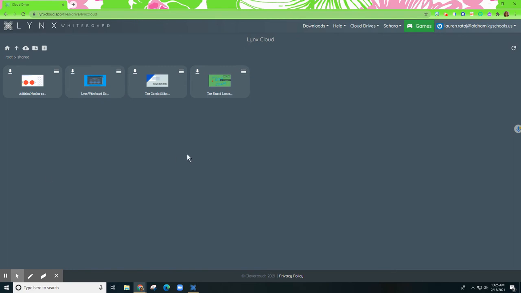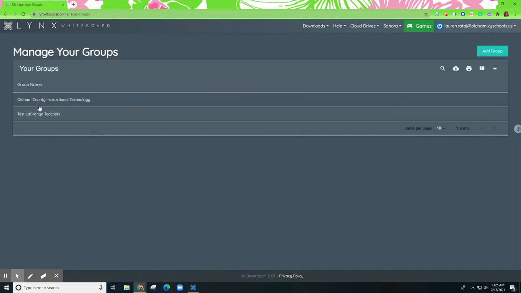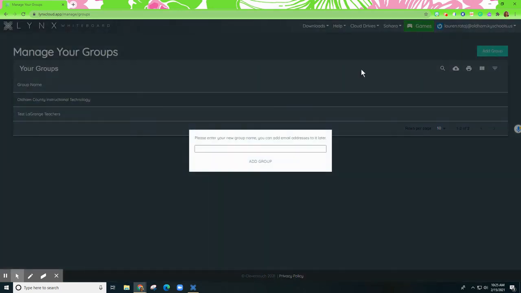The last thing I really want to quickly show you is that you can also set up groups for team sharing. You also have to be here within your Lynx Cloud file account. And then underneath the down arrow by our login name, you'll notice manage groups. And so here you can create and add a group of people. And so that would allow you to have multiple emails. So like maybe the 3rd grade team or the history department, if you all want to share, you can add a group. And then let's see, I'll just put this test group